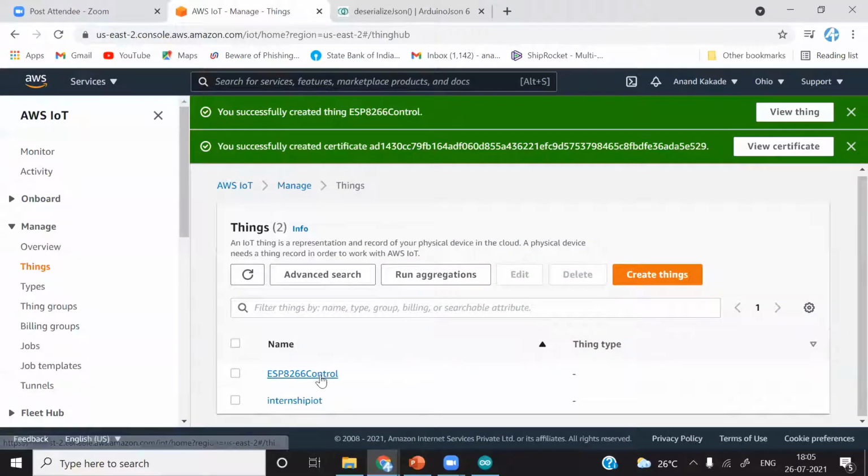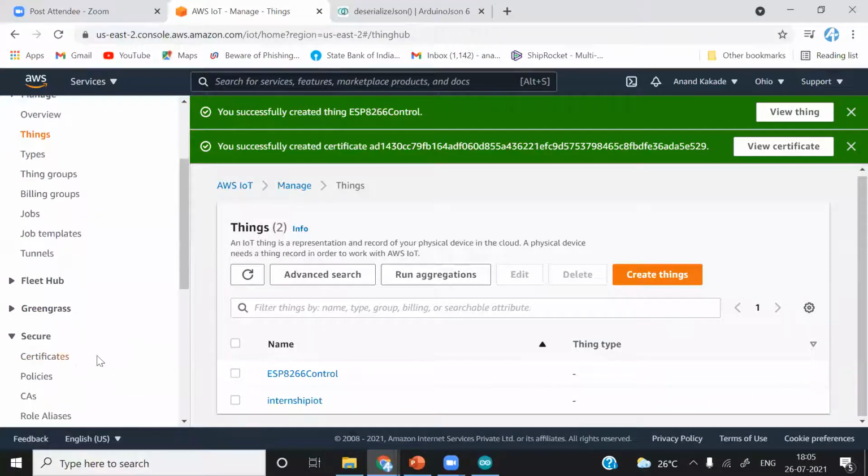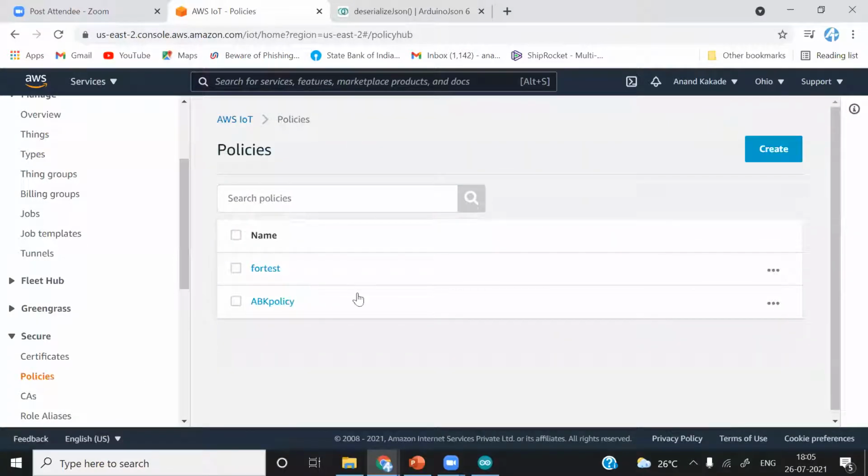So we have created the thing, but all the steps are not completed yet because we have to attach a policy to the certificate, so that we can define what our clients will be able to do with this thing. Okay, so we have to define the authorities. There are two policies already created.